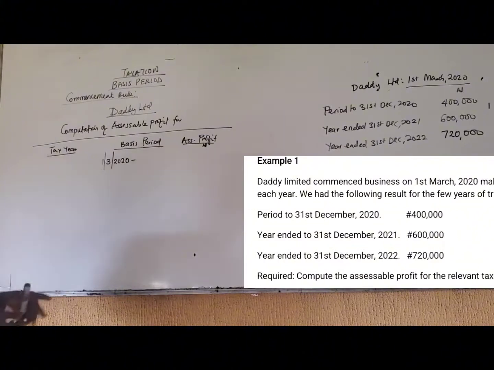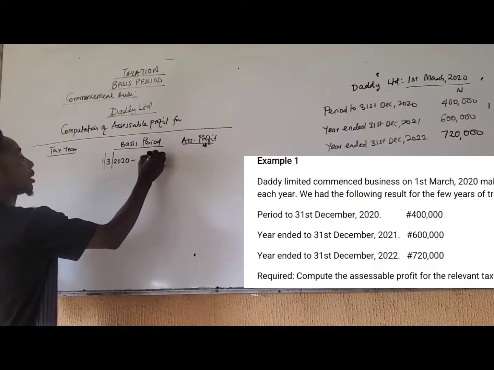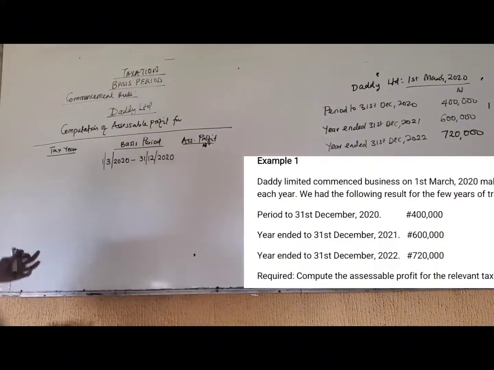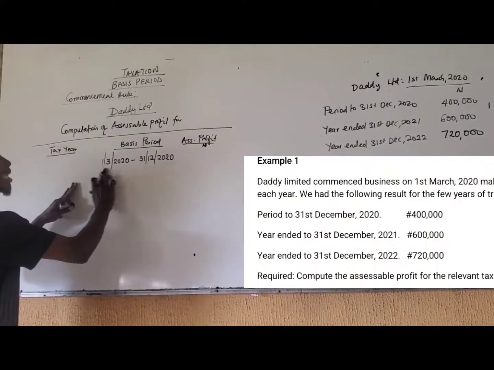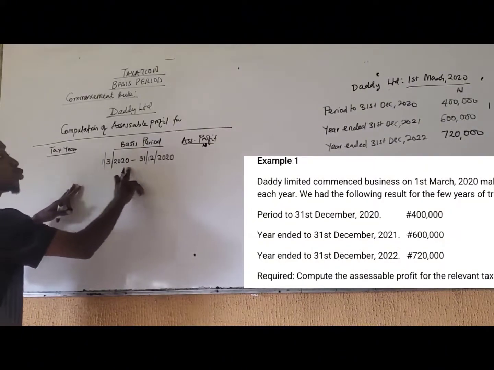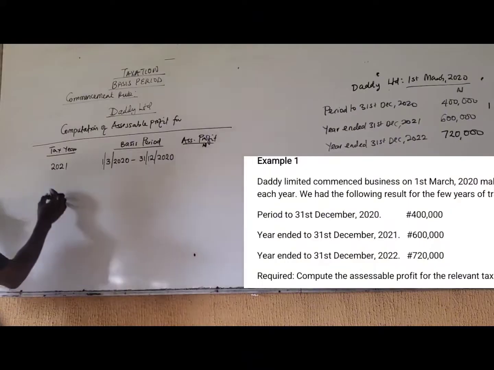So what's the first accounting year end? The accounting date is normally 31st of December. So 31st of December 2020. That's the first year end. So this period will be used to assess which year? This is preceding year basis. This period will be used to assess 2021. And the 2 years following will be 2022,